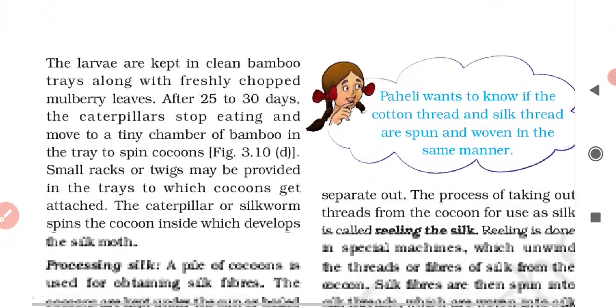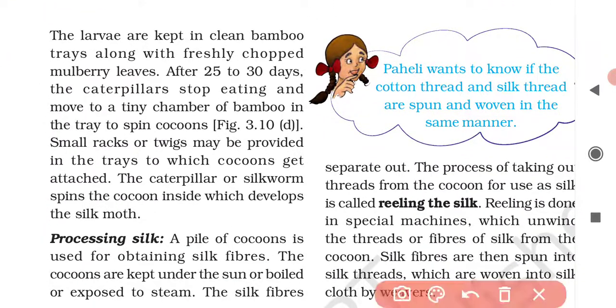The larvae are kept in clean bamboo trays along with freshly chopped mulberry leaves. The silkworms eat day and night and grow bigger in size.